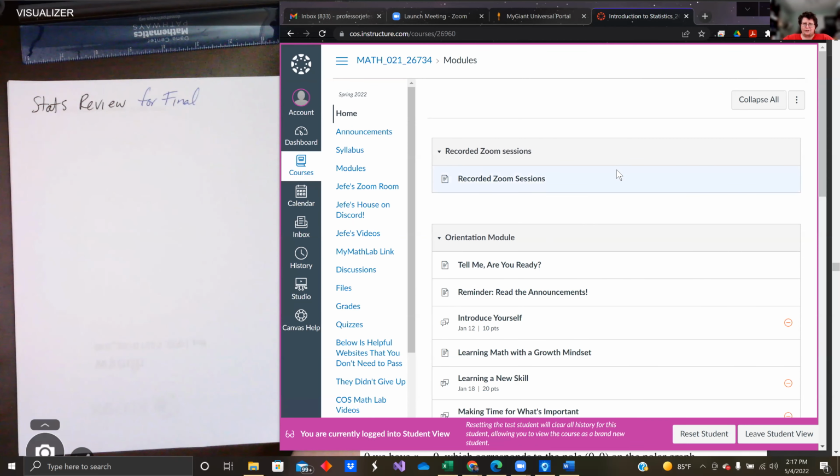That goes something like this. Example: We are blank % confident that the true proportion / mean, whichever one we're looking at,